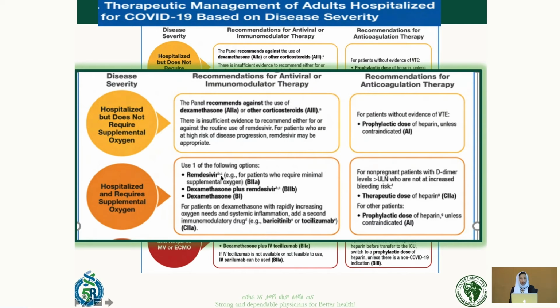But there is also evidence of giving remdesivir. Remember, remdesivir also works in this group of patients with overlap of viremia as well as involvement of the pulmonary system. So for the combination of dexamethasone and remdesivir, the level of evidence is B2B. But for those patients on remdesivir and dexamethasone with rapidly increasing oxygen requirement, then you need to give, based on evidence,